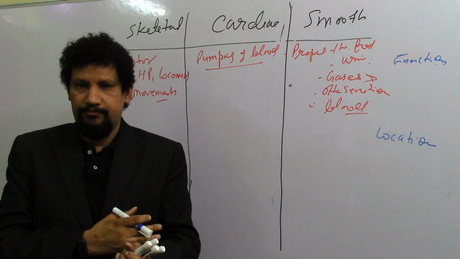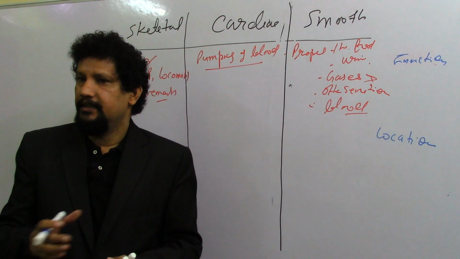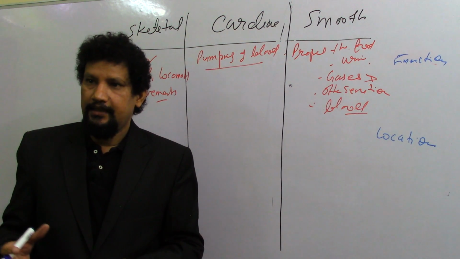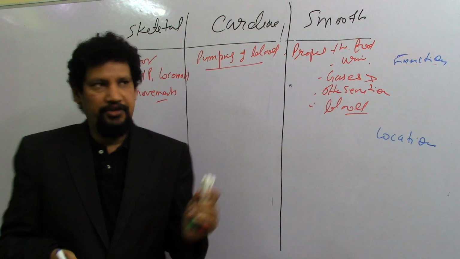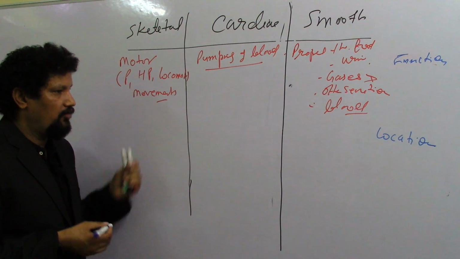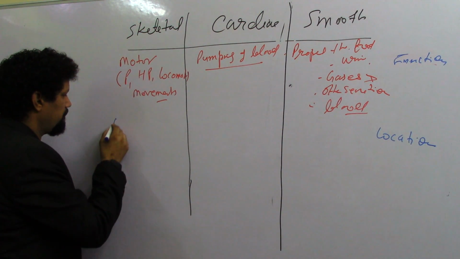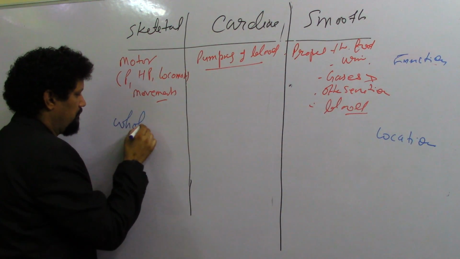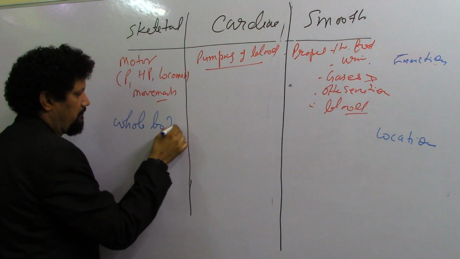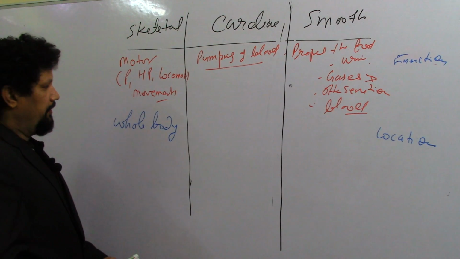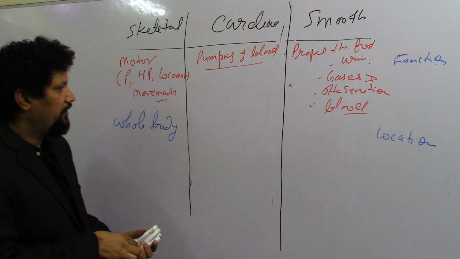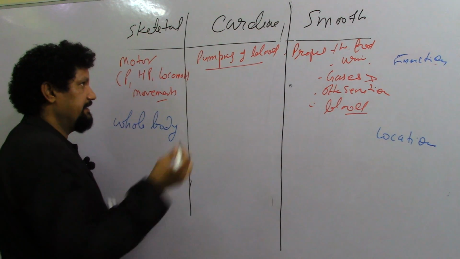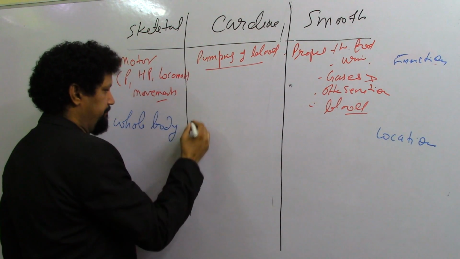Arm, forearm, and the hand, in the gluteal region, thigh, legs and foot. So these are seen in the whole body. These muscles are seen only in the heart, as the name indicates, cardia, heart,